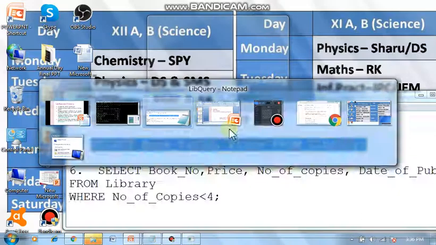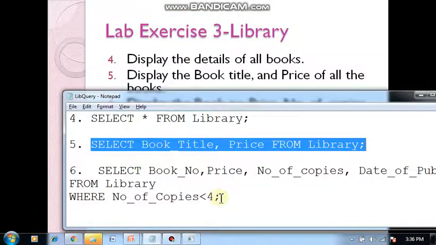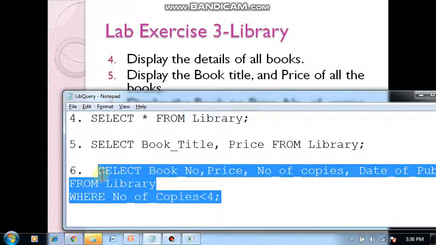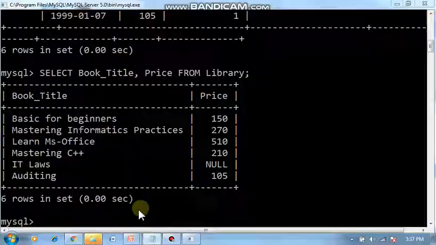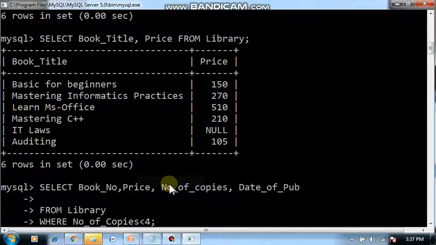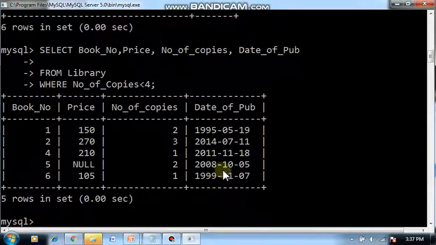See, select book number, price and these fields from table library where number of copies less than 4. So let's execute this one. See, 5 records satisfy this condition. Look at the number of copies, it is less than 4.